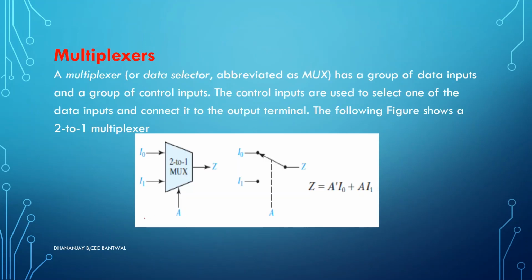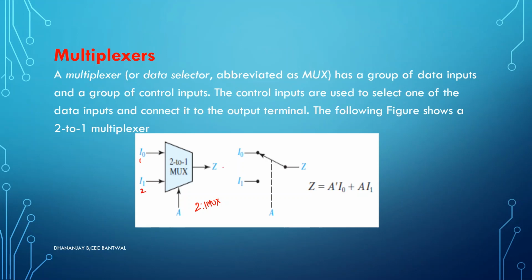The diagram here shows you one of the basic multiplexers, which is actually a 2:1 multiplexer. We'll check out the classifications of the multiplexer very soon. But the block diagram I can see here is a basic one. So there are two data inputs. This is your data input 1, and this is your data input 2, let's say.